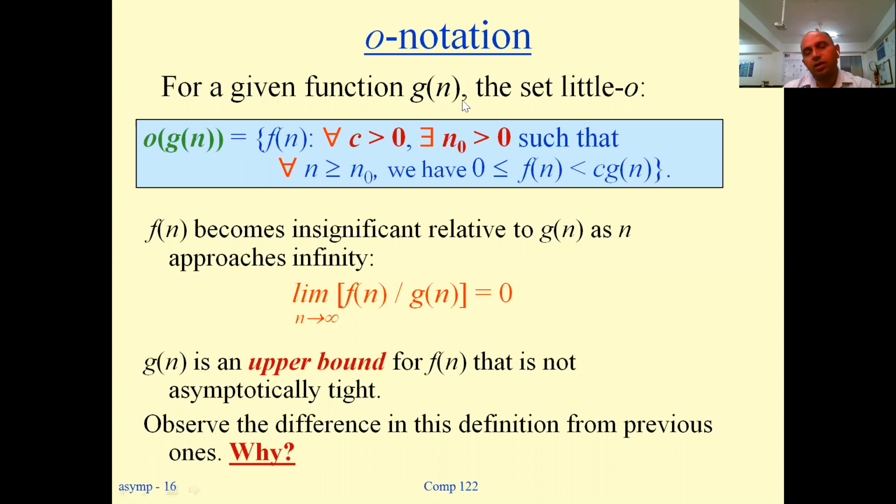Because when we are dealing with big O notation, there is what we call an upper bound. The relation between f(n) and c g(n) is that 0 is less than or equal to f(n) is less than or equal to c g(n). In big O notation there is an equal symbol, but we say small o is a strictly upper bound because f(n) is always strictly less than c g(n).